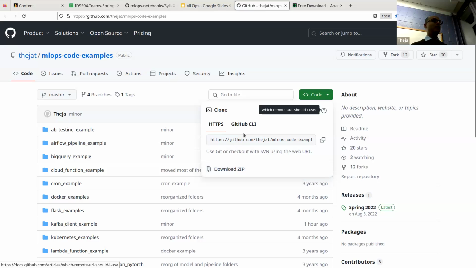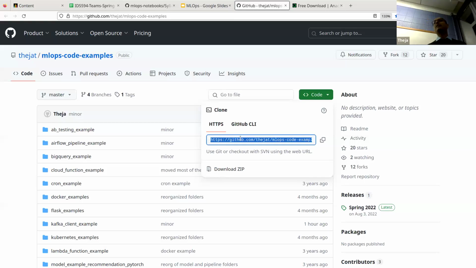Or the way we're going to do it is actually use this link here. I'm just going to show you one way to do it, but you don't have to use the link. You can click download and it'll just download the folder as a zip file. So I'm going to use this link. What is the benefit of using the link? It is that